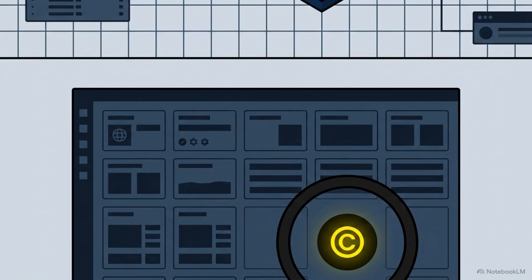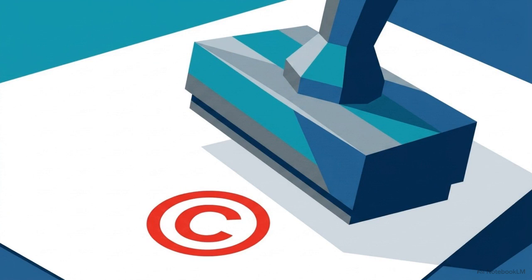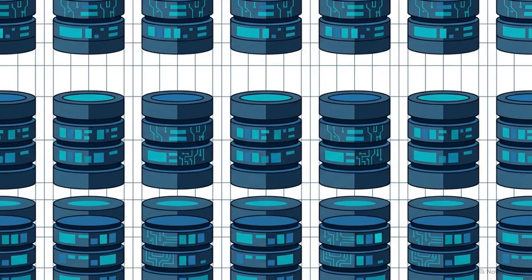When developers launch a new app or website, they usually paste a copyright symbol in the footer, link to a generic legal page, and assume their intellectual property is secured. While copyright protection arises automatically in jurisdictions like the UK, that symbol is merely a notice. By itself, it fails to define what a user is actually permitted to do with your APIs, your database systems,